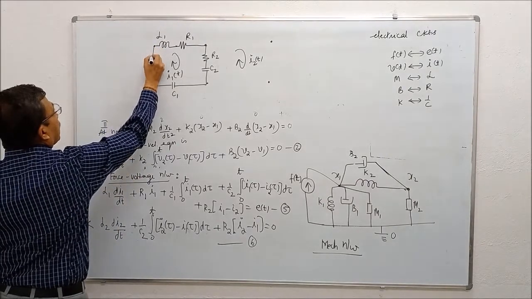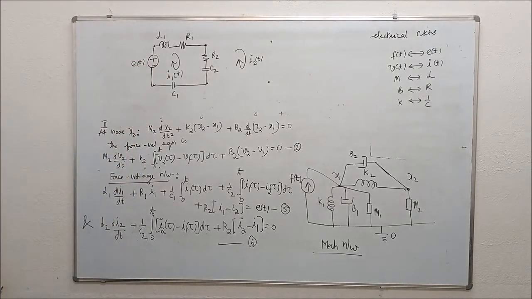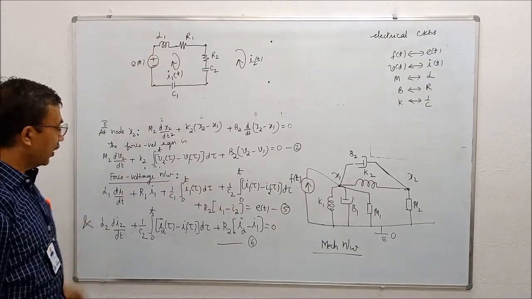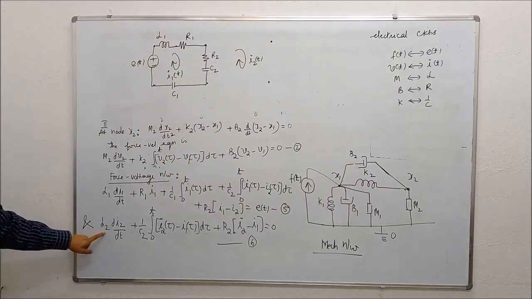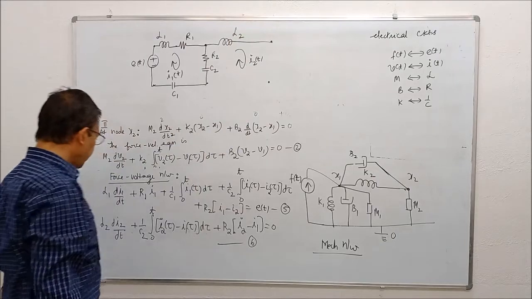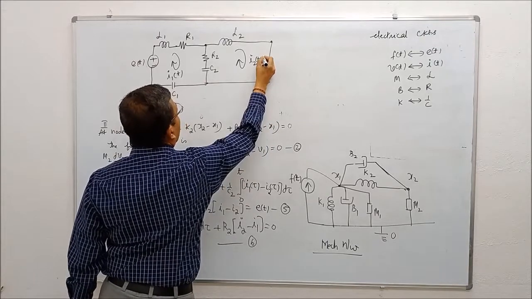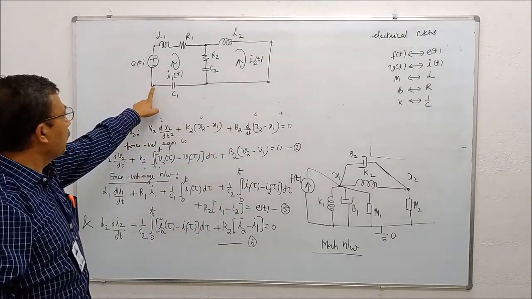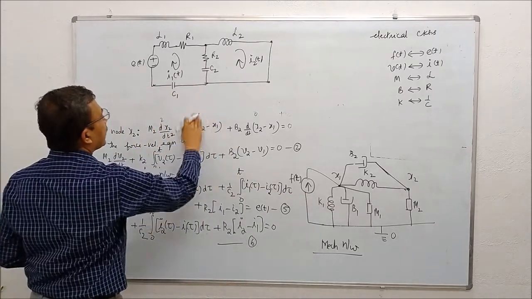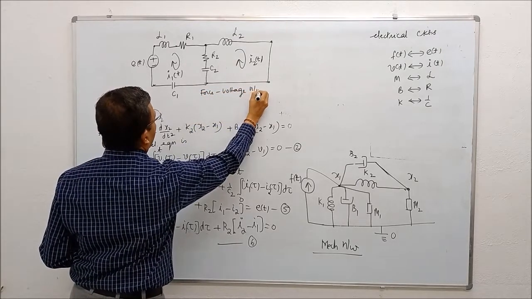Then insert the voltage source E of t. 1, 2, 3, 4, 5 terms on the left side, 4 elements. Correct. Next, come to equation 6. Current through L2 is I2. C2 and R2 are already written. Close the mesh. If you look at this, the structure of this network and the mechanical network are not identical. This is the force voltage network.